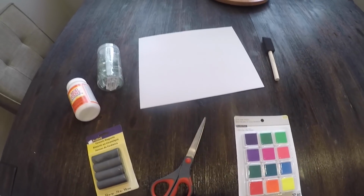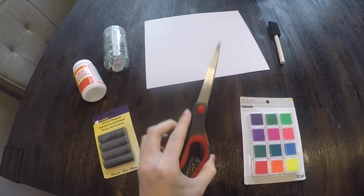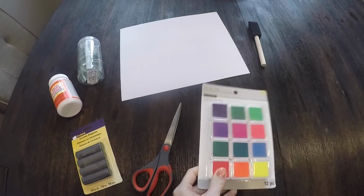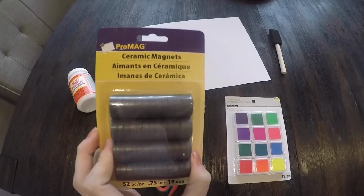I'm going to be showing you 2 DIY crafts you can do with your kids. For the first craft, you're going to need a pair of scissors, some ink pads like these of various colors, magnets,